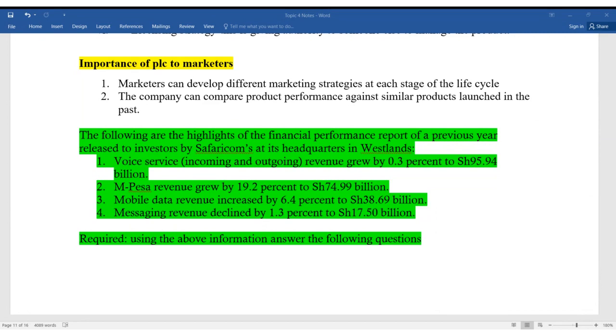Because almost you're going to use the same amount. So you find that because of increased competition, a product might decline, or a company might phase it out in order to bring another one. So are we together? So those areas that I was asking you to focus on are